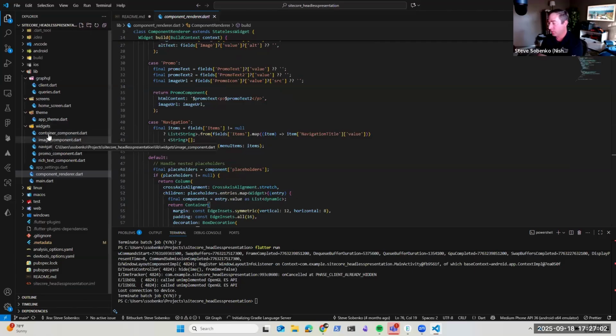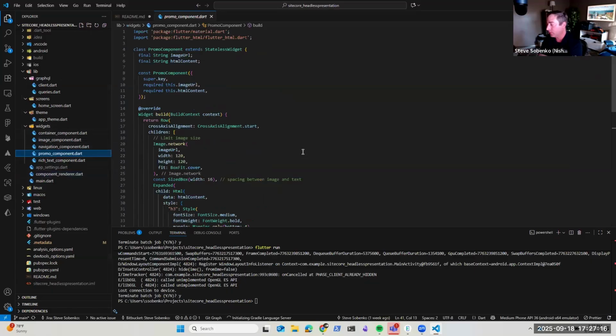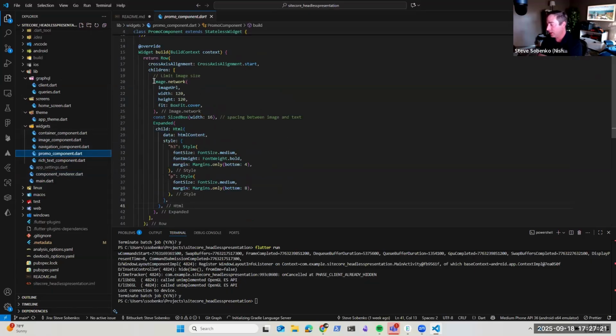So I'm just going to continue to call the component renderer and map components, which leads me to the only thing that's left, my widgets. Now I only built like 5 widgets or so. So if I have 50 or so components in my library, I might need to go and build 50 components depending on if I want them showing up in my native experience. In this case, let's look at something like the promo component. So this is our widget that we define in here. Again, you're just nesting children of widgets within children. So it's just the nesting of that tree. We're going to have an image and we're going to have some HTML.